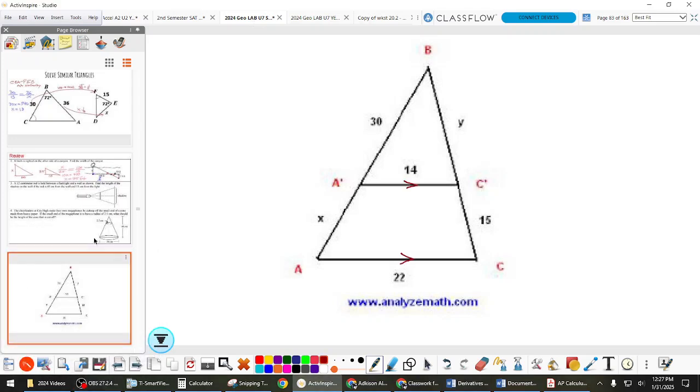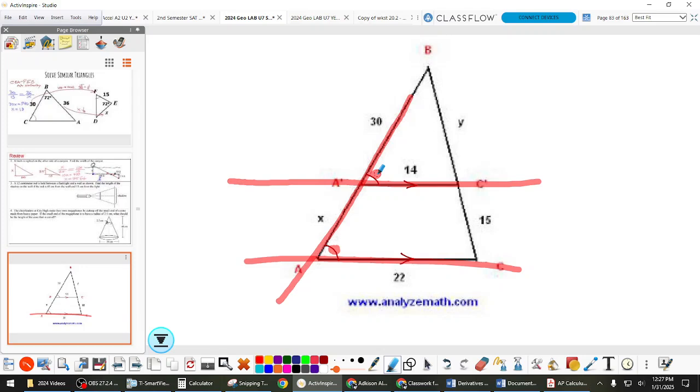Okay, on this one, first we know it's similar. I put these notations in there, but we know it's similar by what kind of angles are these and how do we know they're congruent? Yeah, those are corresponding, okay? If you remember our parallel lines unit, those are those